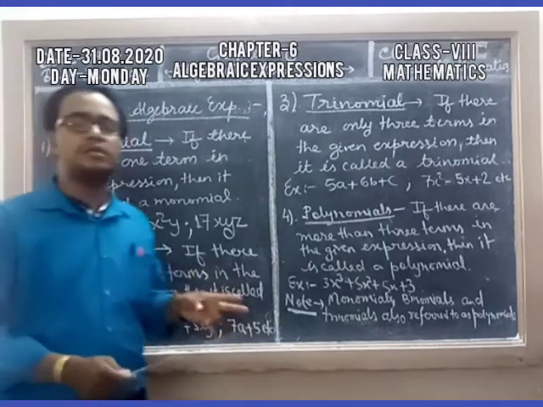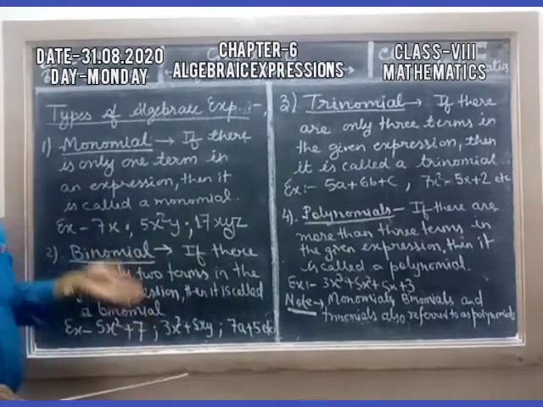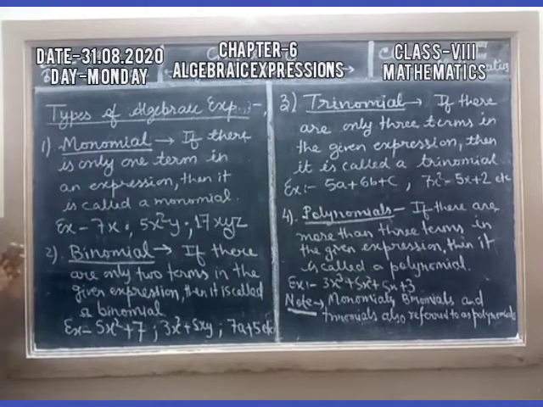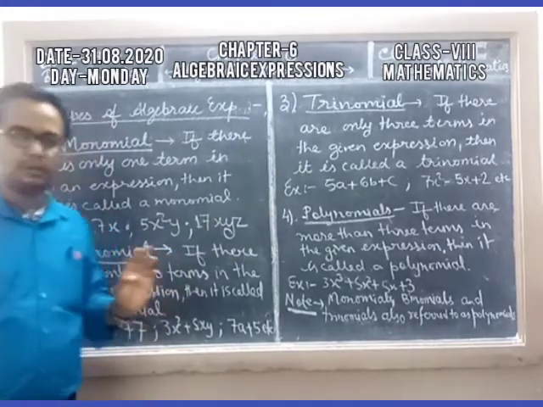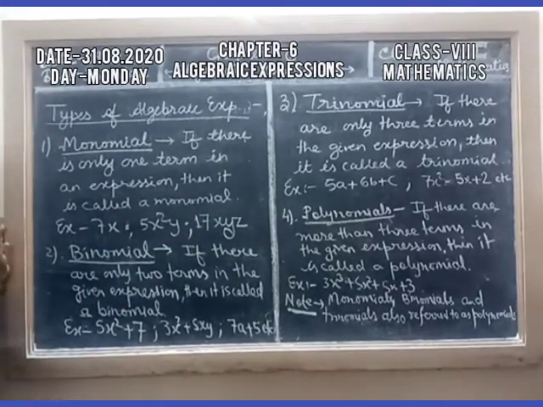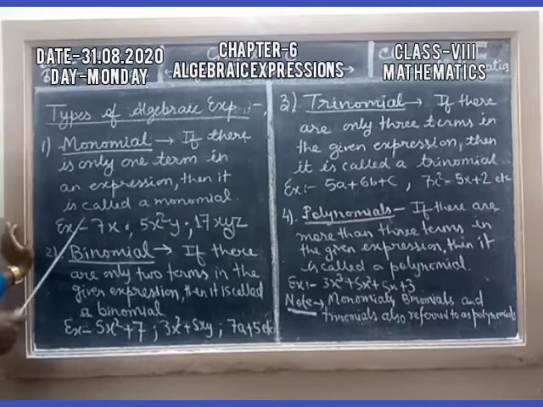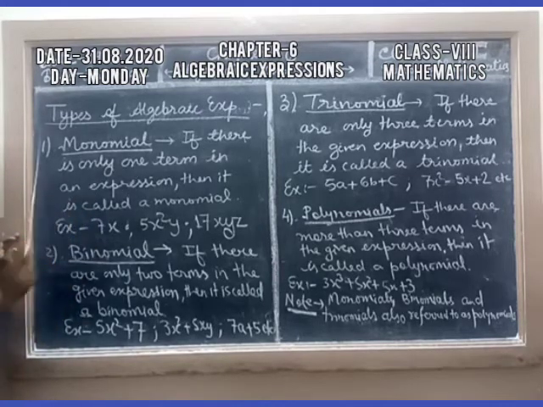Binomial, there are two terms, so it may be either linear, cubic, or quadratic. So actually monomial, binomial, trinomial are also called polynomial. Clear? In higher class, you read about linear polynomial, quadratic polynomial, cubic polynomial, biquadratic polynomial, but in the next class. In our course, only monomial, binomial and trinomial are given.